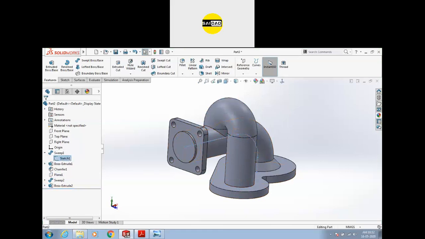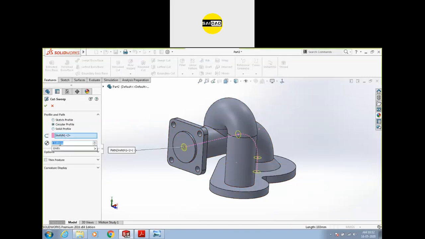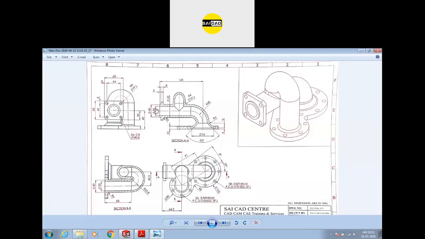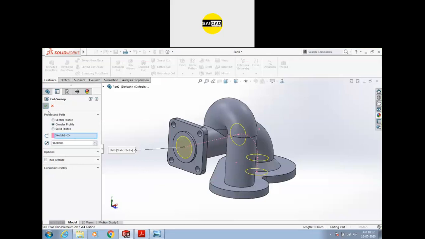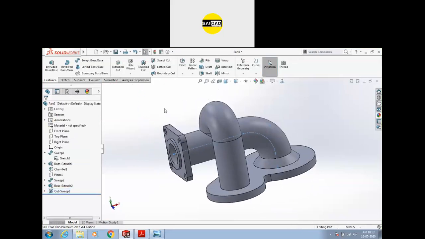Make the visibility on. Select the swept cut. Select the circular profile. We need the inner dia to be 30. You can see that inner dia is 30 here and 30 here. So just click complete. You can see a hollow shape, and turn off the visibility.